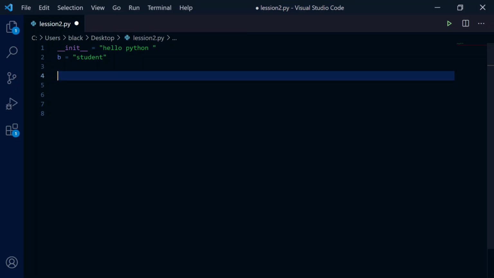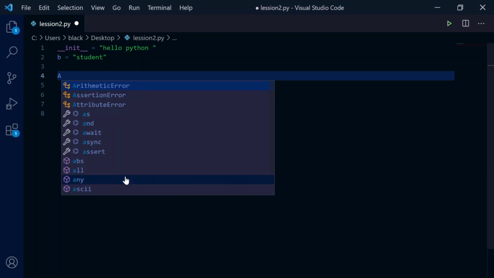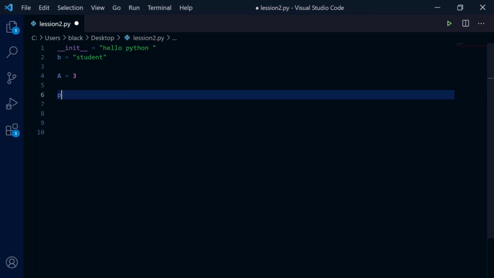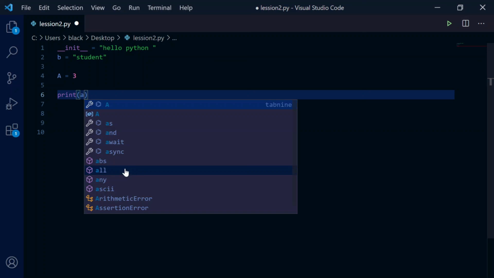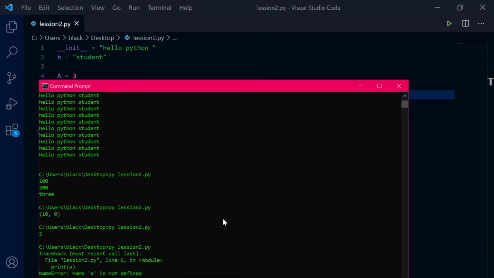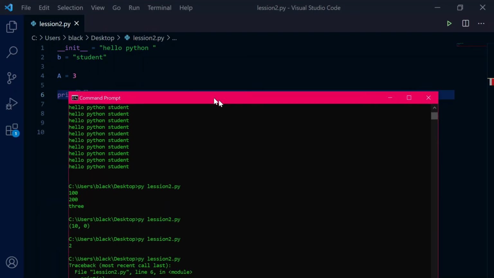And the last thing is, it is case sensitive. If we try to assign 3 to capital A, and then try to print simple A, that should give a name error. That's because simple A is not defined, but the capital A is defined.